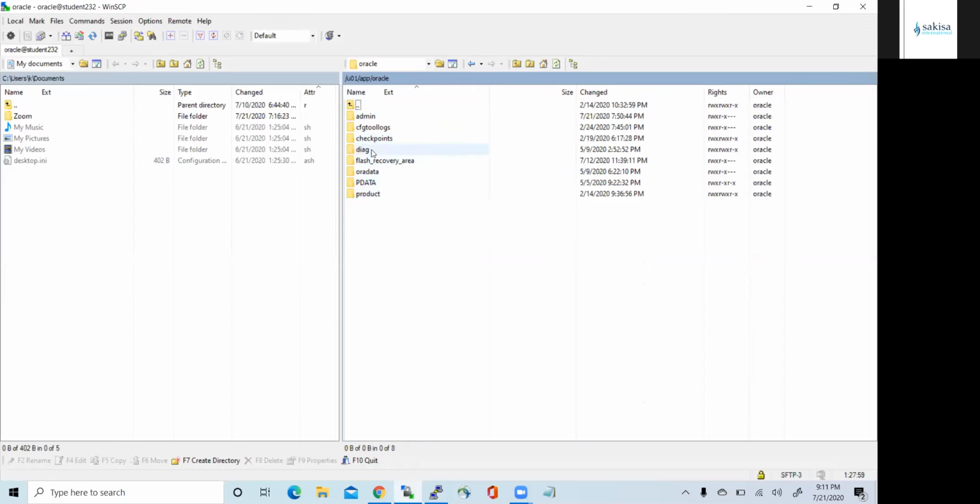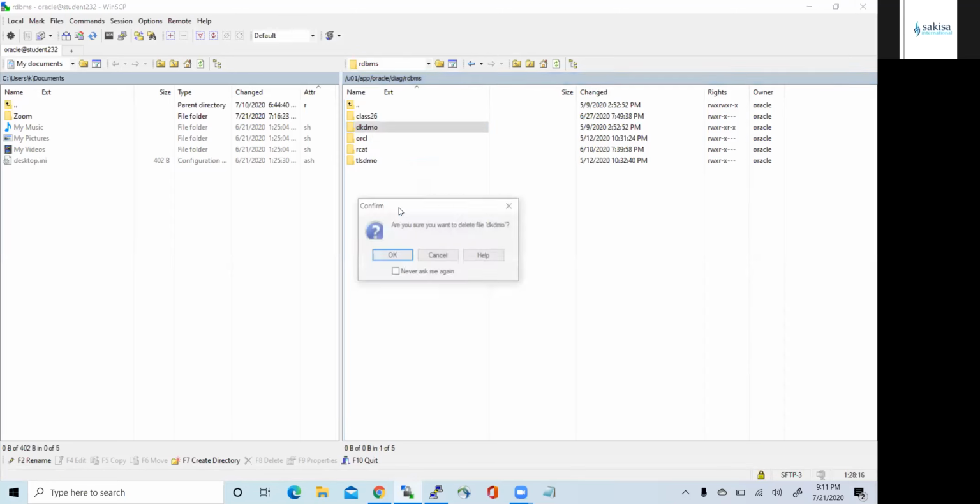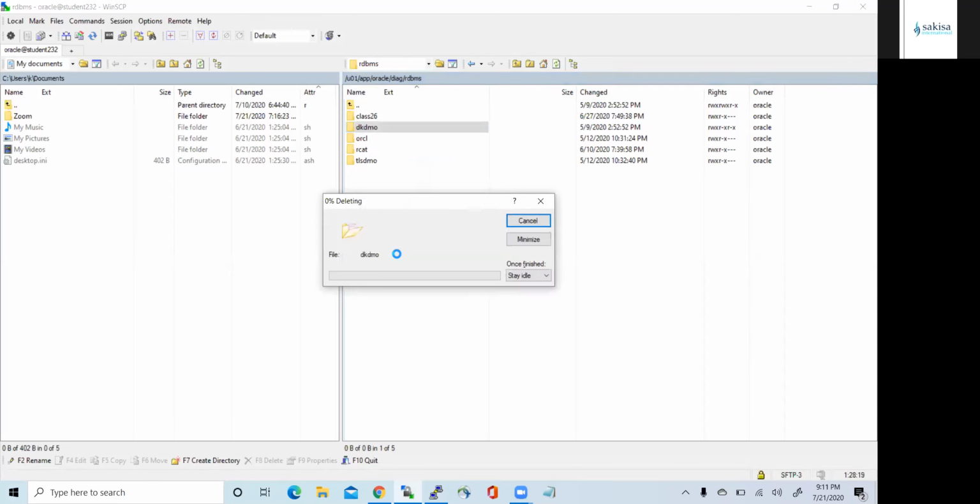So you have to delete from DAG and from flash recovery area. You have all these databases? Yes, I want to delete this one. Okay, then just right click and delete everything. That's going to take some time. That one is going to take time. He can do the next one himself, so he can get some space.